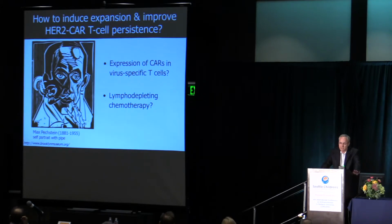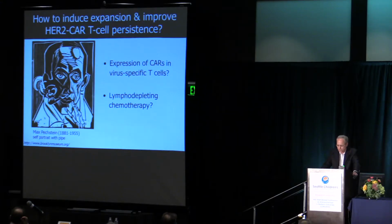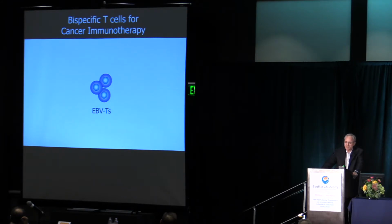One is, does the expression of the HER2 CAR in virus-specific T cells change the fate of infused cells? And the other question is really, can lymphodepleting chemotherapy be safely done with HER2 CAR T cells? The concept of expressing CAR in virus-specific T cells was developed by Claudia Rossig when she was a postdoc in